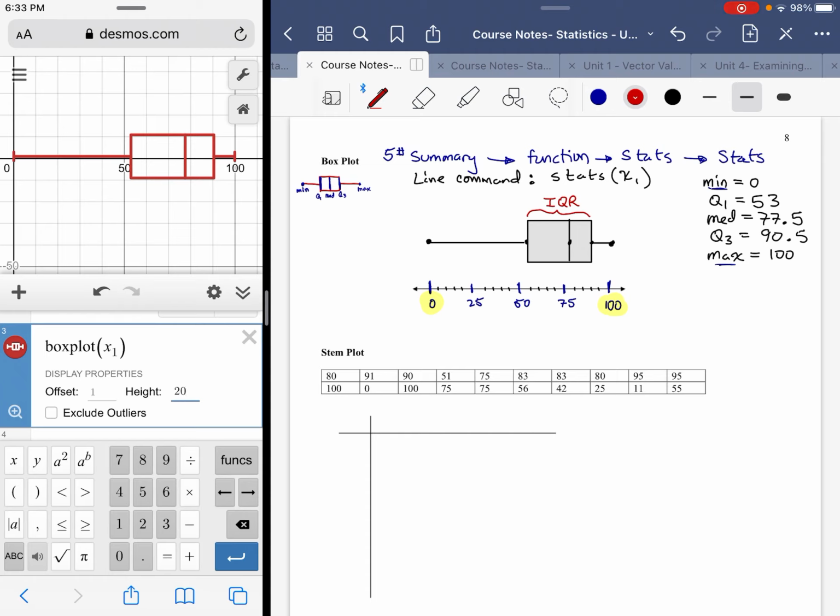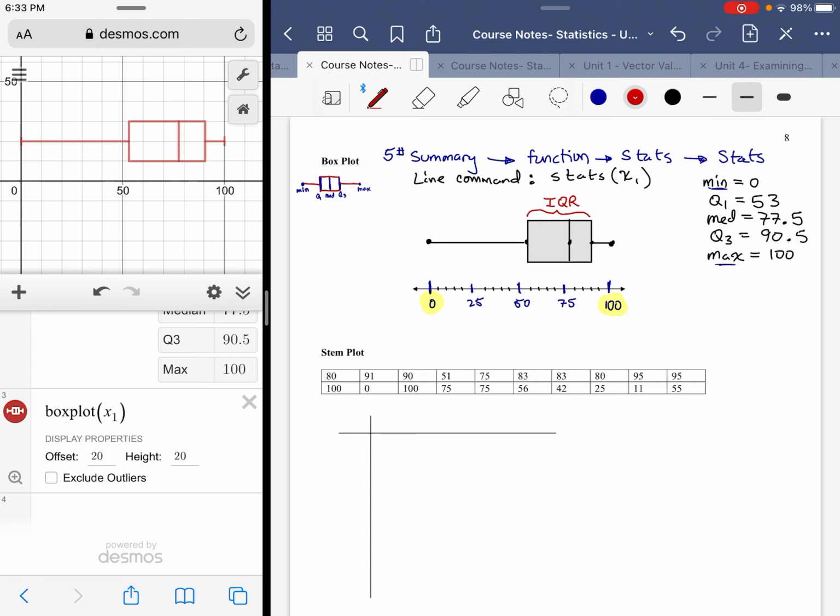All right. So what that does is it gives you the location of the box plot, but it also affects the height of the box itself. So it'll give you a cleaner looking box plot, something that's a little bit more consistent with what you drew on paper. It's a great way to check your work. All right. Now,